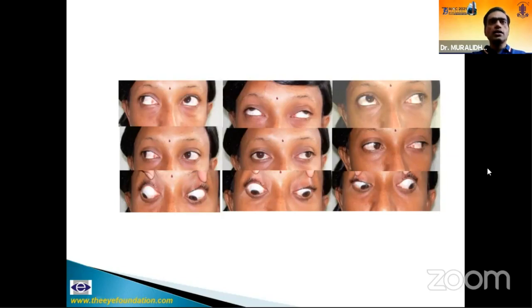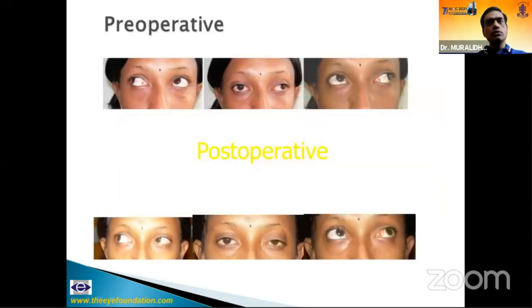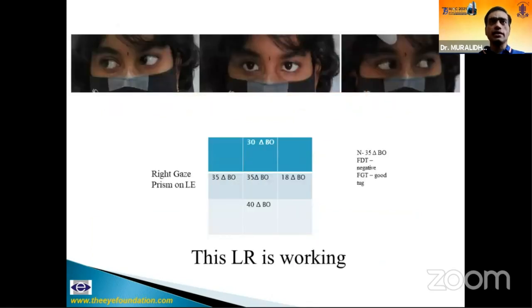There is no R by L here, or no R by L here, or no L by R here, but there seems to be an up and down shoot. This was because of a tight lateral rectus. And we only did bilateral lateral rectus recession and left medial rectus resection. And now there is no oblique overaction. It's because of the leash effect of the tight lateral rectus.